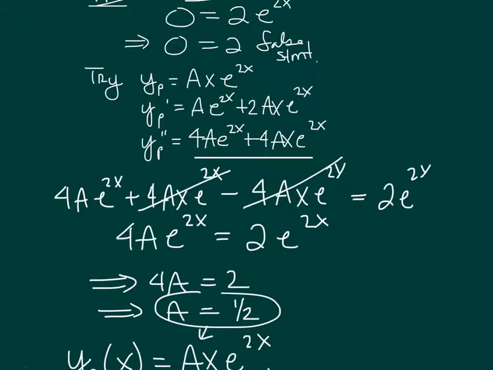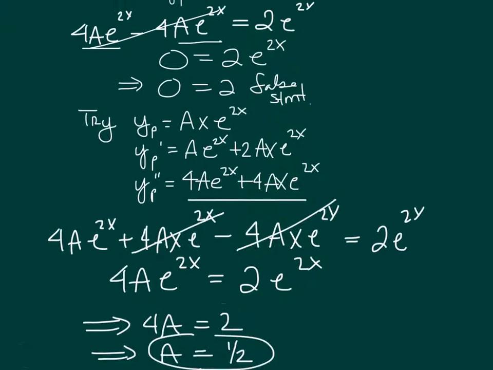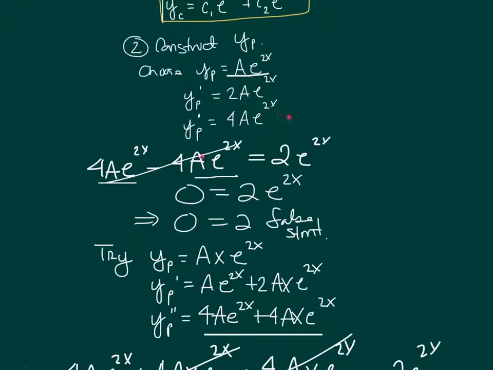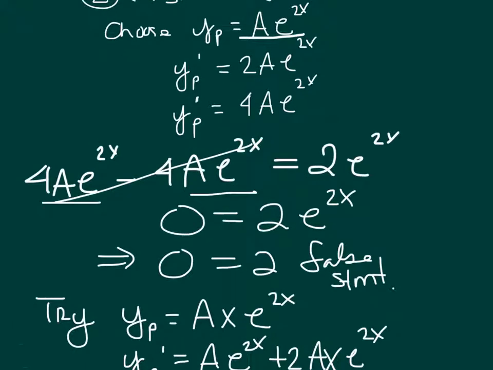Okay, so here is our original. We tried at the beginning choosing our y sub p to be this. And of course, doing the math, we see that we get a false statement, so that can't work. But if you didn't check this, which you should, because you are going to substitute it back into the equation, but if this was your y sub p, some constant times e to the 2x,